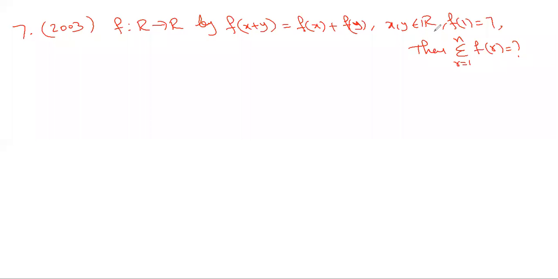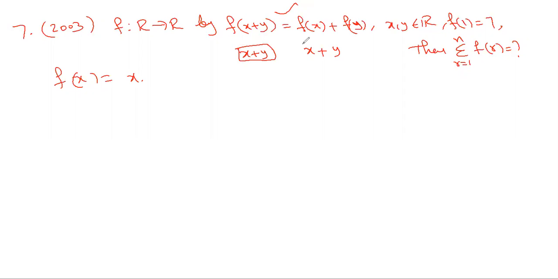So they are given f of x plus y equal to f of x plus f of y. So for this condition to satisfy, basically, if you write f of x plus y is x plus y, and f of x is equal to x and f of y is equal to y, you get x plus y. It's kind of identity function. f of x is equal to x looks like satisfying this. But in that case, it looks like f of x is equal to x if you take, then this condition is satisfied.